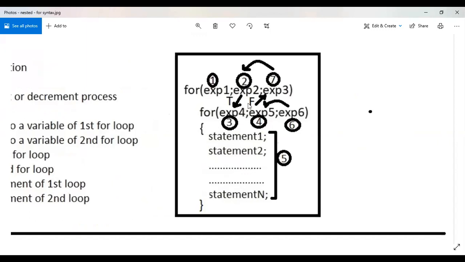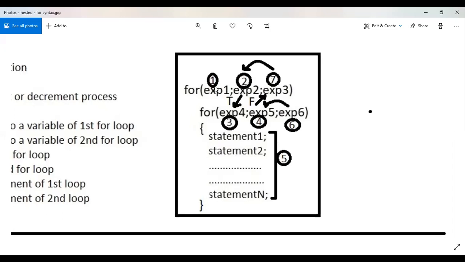Fine, but program control will be displayed for entire one line, entire for loop, one line, and second loop also. There we cannot notice which statement is executed after which statement. So for that purpose, you observe the numbers I have put in the circles.